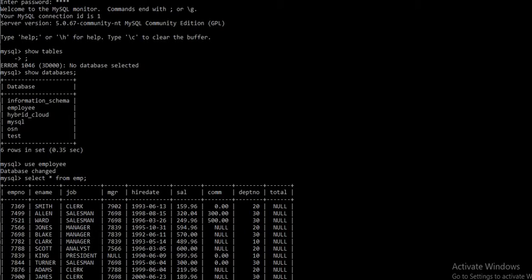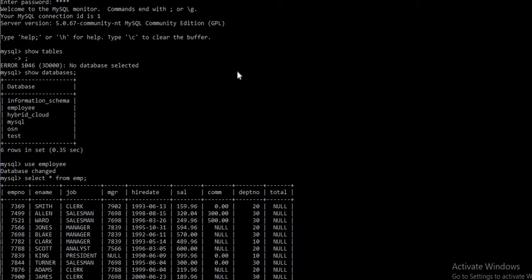MySQL, as you know, SQL is structured query language. You just open SQL, you will get mysql and the greater than symbol. That is your prompt. Look at the things here. I just typed show tables, and you need to end it with a semicolon. Those who have a knowledge of SQL, for them it will be very easy. But those who don't have any knowledge of SQL, directly learning MySQL, you just start observing the things.